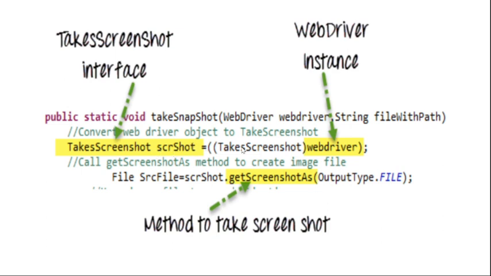And after that I am typecasting my WebDriver into the screen to take a screenshot. So if you can see here, this is a get screenshot method. I have to use this method. With the help of this method I can take a screenshot, and you can take a screenshot in Selenium WebDriver, right? So now let's see some coding practice for this.